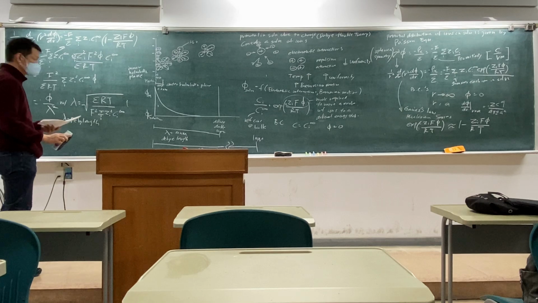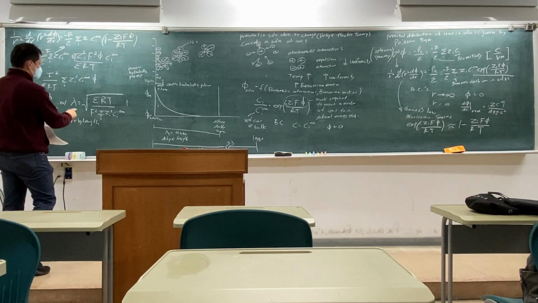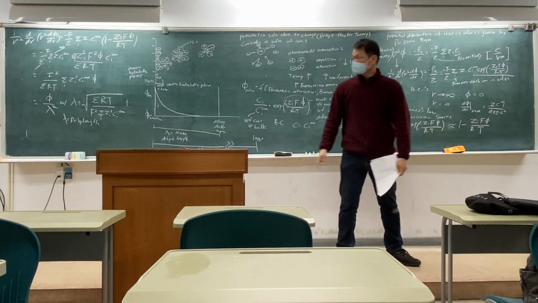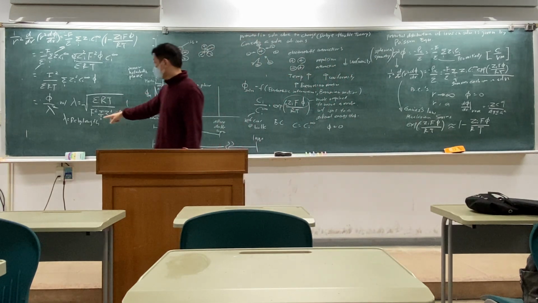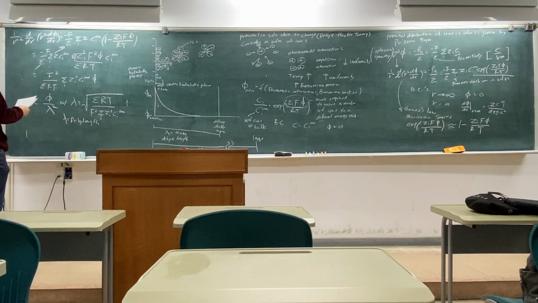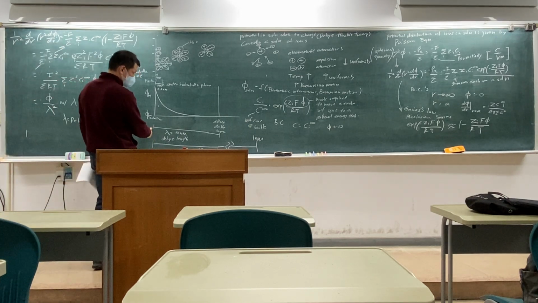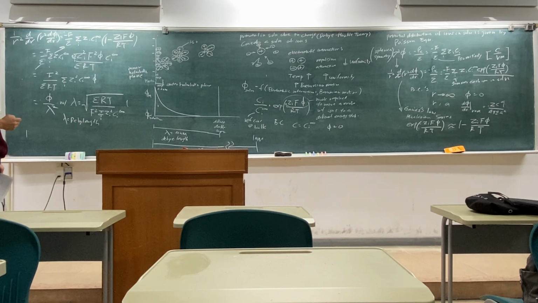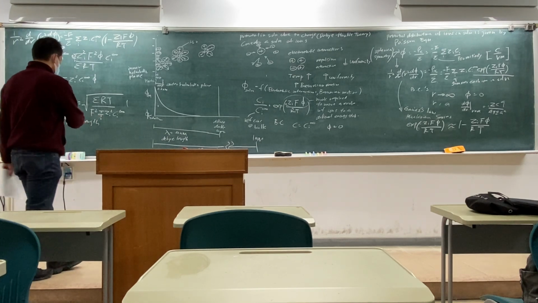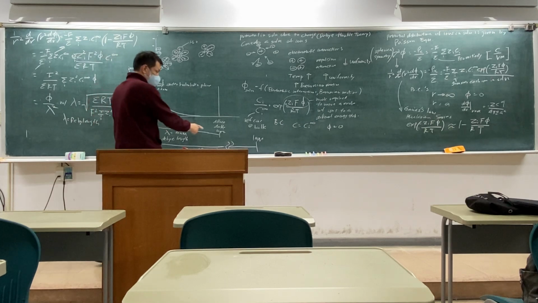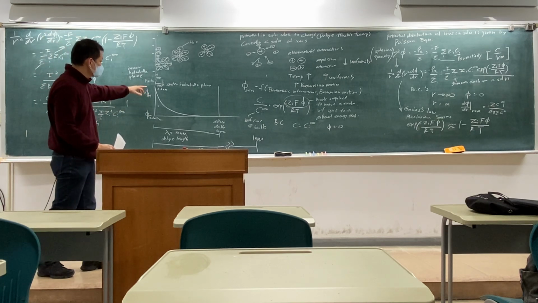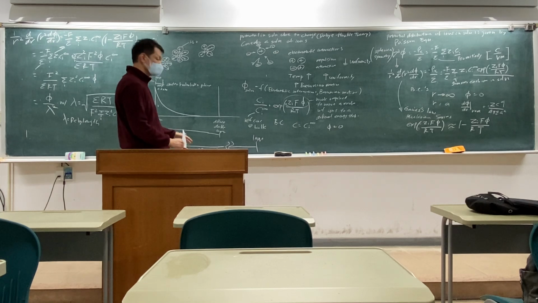I derived the Debye length from the previous steps. This shows you where the Debye length comes from. This is the Debye length, the distance from here to here. So this concentration is going to diminish within the Debye length, and this potential is going to diminish from phi metal to phi solution within the Debye length.